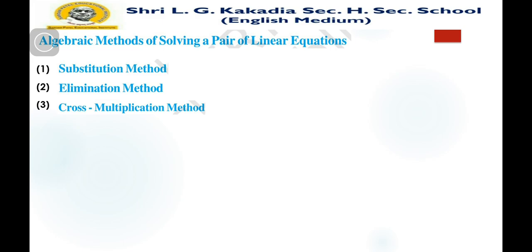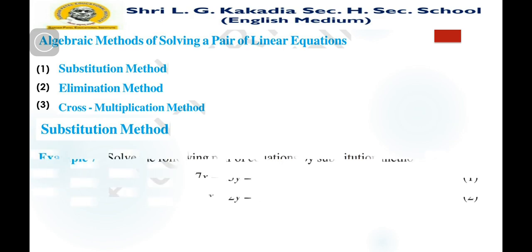So let us see how we can solve, how we can find the solution of the given linear equations. The first method is the substitution method. Let me explain it with some examples. Here we can find the answer of the given equations, and from the answer we can conclude what type of equations they are, and then we can find the solution of the given linear equations. So now let me start with the substitution method. The first example is given here.